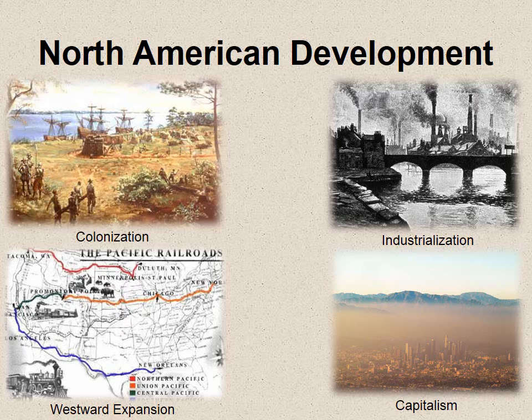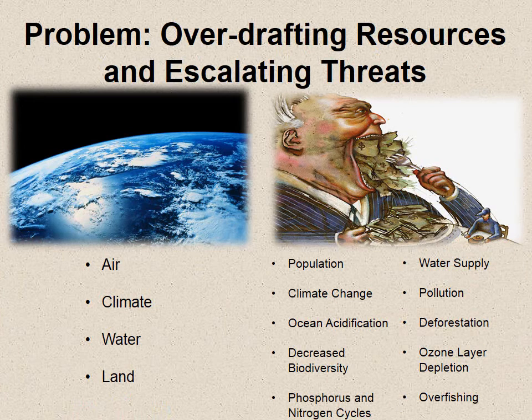To organize these resources for identification and discussion, they've been broken down into four categories: air, climate, water, and land. Compare these resources to the threats imposed from the blatant overdrafting of them, which has resulted in a host of issues. Many of the threats overlap